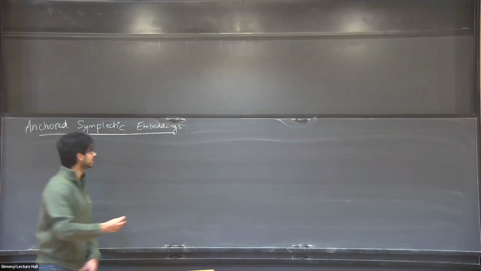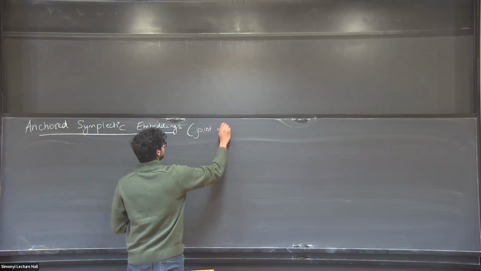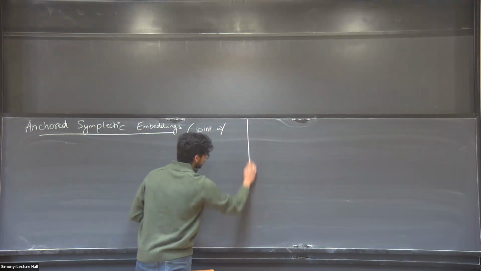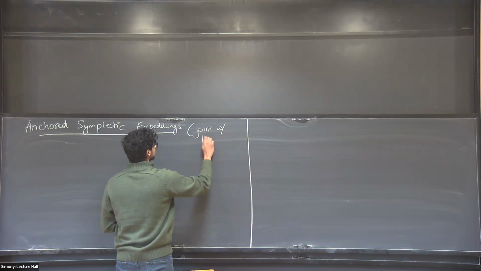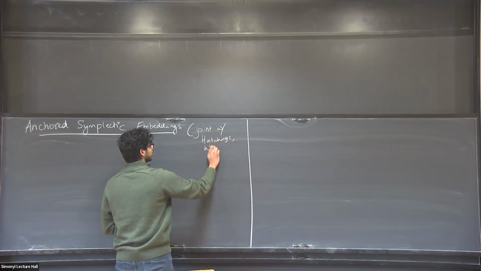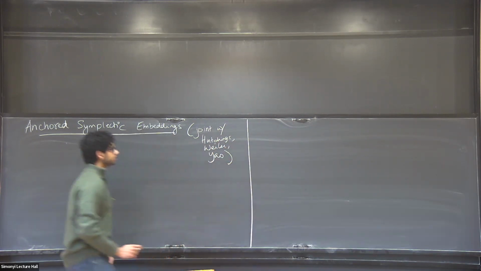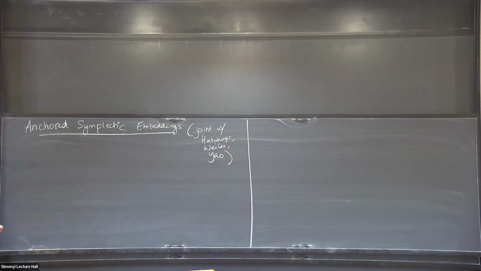Any theorems I claim are joint work with Michael Hutchings and Weiler. Okay, so just to set the stage, the original motivating question that has fueled a lot of research is